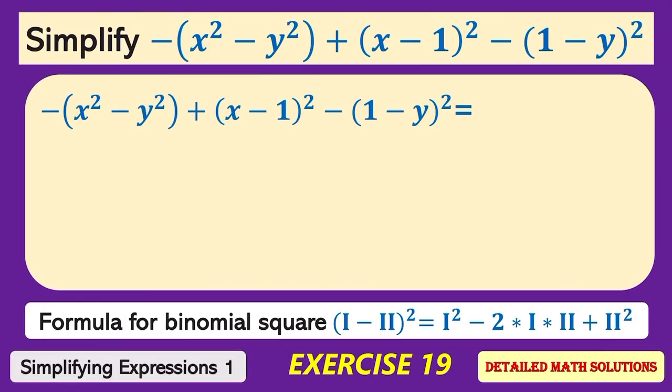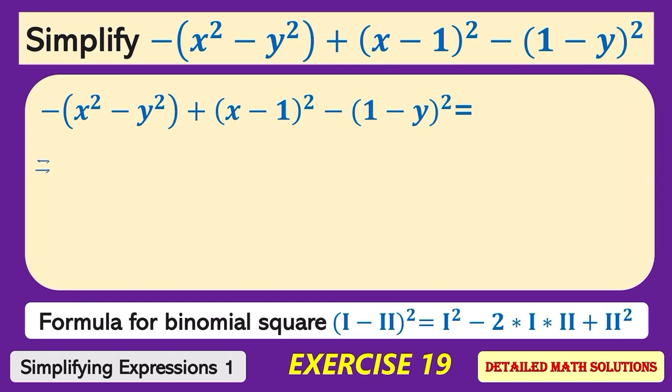Next, I'm going to follow similar steps to expand the second expression and see if it has 2 terms. Again, I'm going to use the formula for binomial square to expand the binomial squares (x minus 1) squared and (1 minus y) squared. When I do that, this expression equals